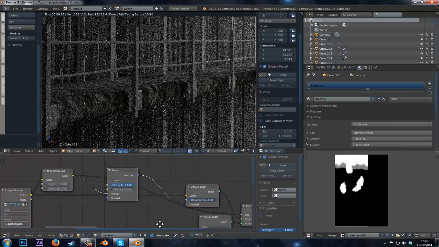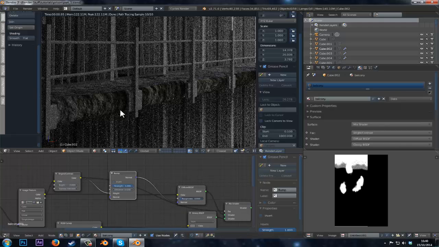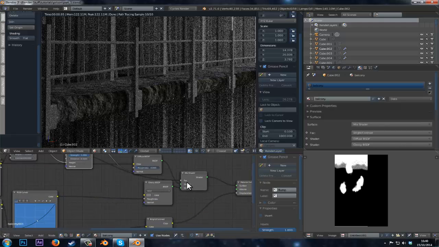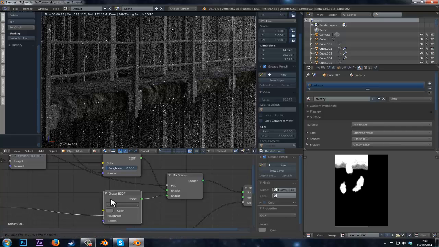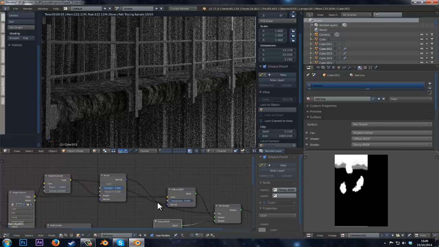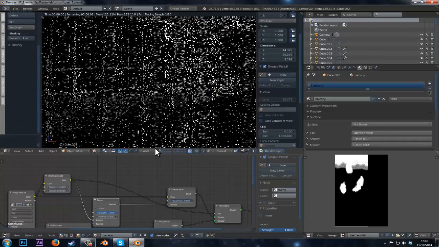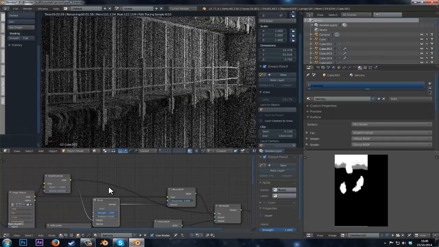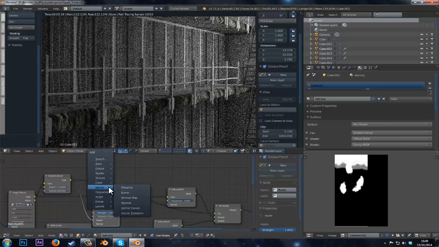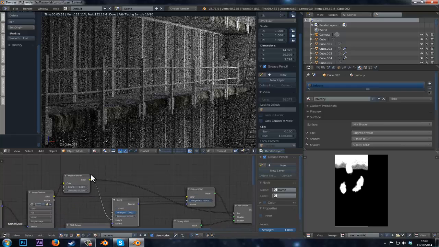Okay. So yeah, there we go. We've got the grime around here now. And because of this, I think in fact, you know what, I might make the grime a bit less visible, because it kind of takes a lot away from the concrete. So what I'm going to do is, where's it going into the factor? Here we go. If I set the contrast down to about 5,